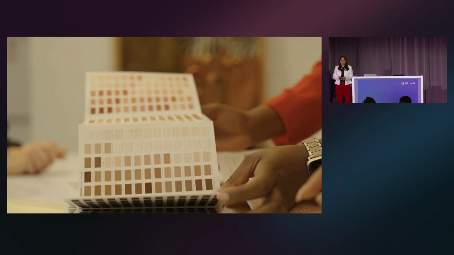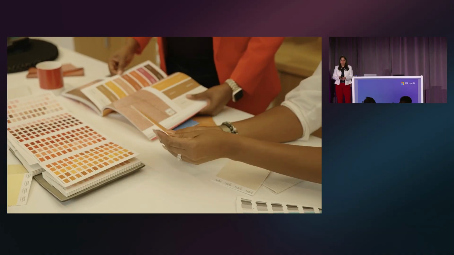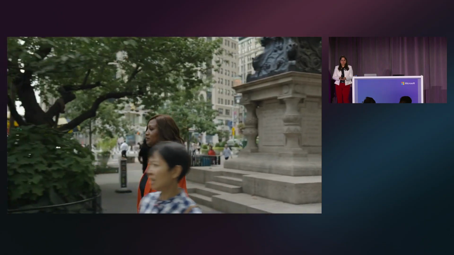GitHub Copilot saved the in-house development team at Pantone 134 hours over 7 months. Color enthusiasts can mine years of research and insights in seconds instead of days. Foundry agents access, distill, and share color inspiration at scale. A business built on lasting relationships with the designers across the globe now reaches anyone who wants to unleash the power of color instantly.